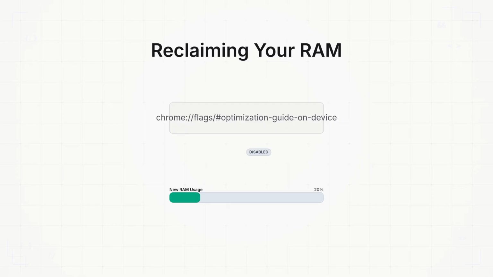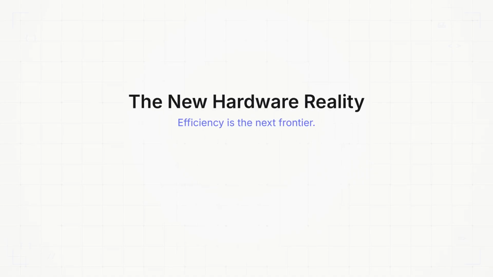For most users, the trade-off isn't worth it yet. Until local models become significantly more efficient, or until we all have 64 gigabytes of RAM as standard, the browser as an OS philosophy is going to keep hitting this hardware ceiling. You have to decide, do you want a browser that helps you write, or a browser that lets you actually run your other apps? We are entering a new era of software, where local first is becoming a buzzword for